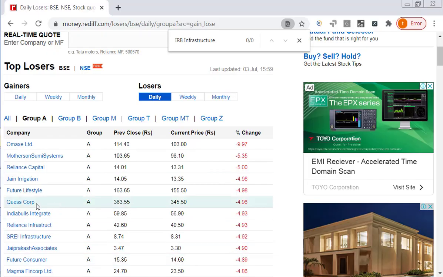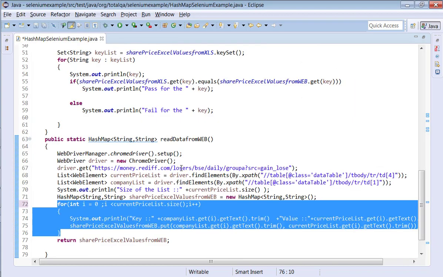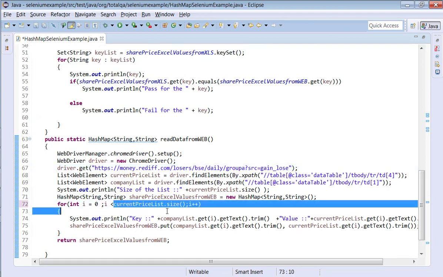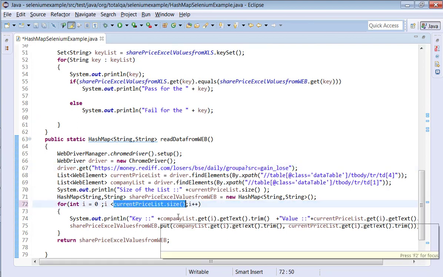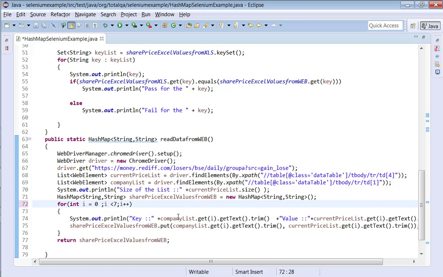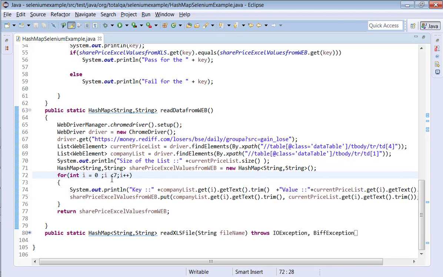So what we can do: Quess Corp is stored in which row? 1, 2, 3, 4, 5, 6, 7. We can just put the count as 7 here, so that it will read 7 rows of data and store it. Quess Corp is also stored. So if we execute this logic now, definitely it will work, because we are giving 7 rows only.